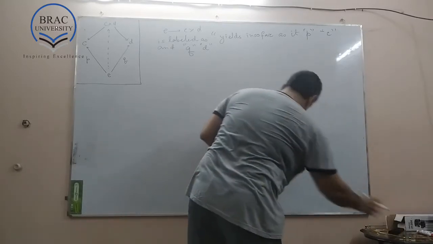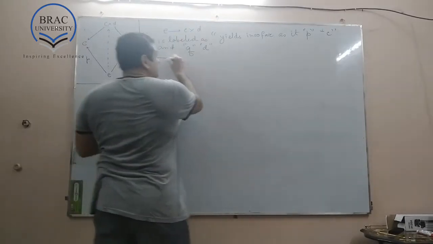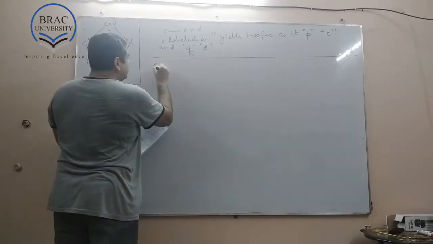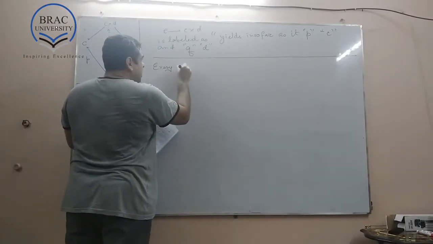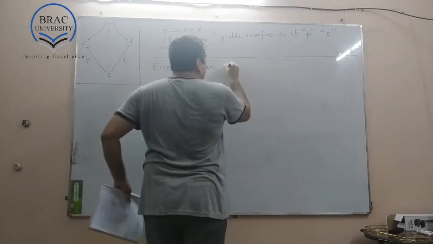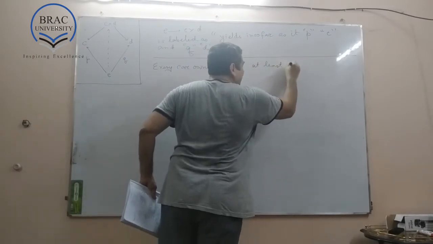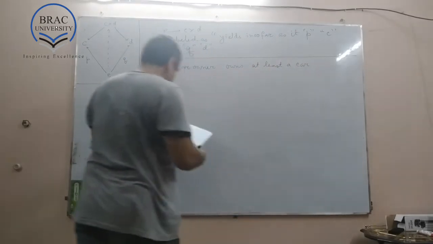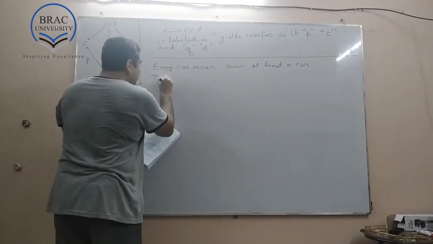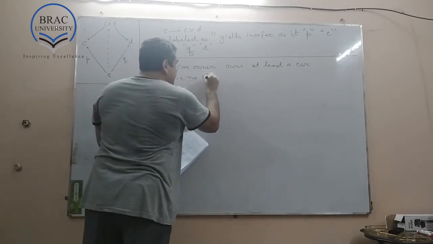Consider the following situation. Every car owner owns at least a car, okay? So now, for that reason, there is no obvious function